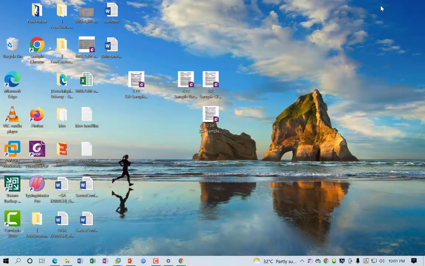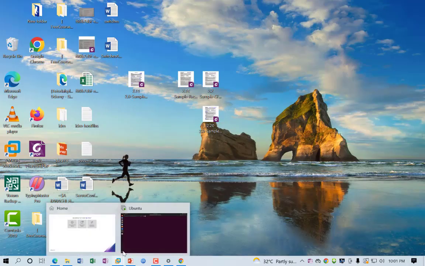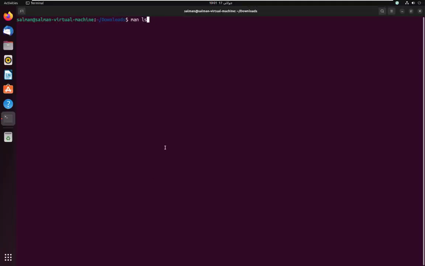So I will show you the history of commands. I will just click the up and down arrow, so you can see. If I want to remove this, I press Control C, so it will cancel the command and move to the next line. So here we can enter any fresh command.